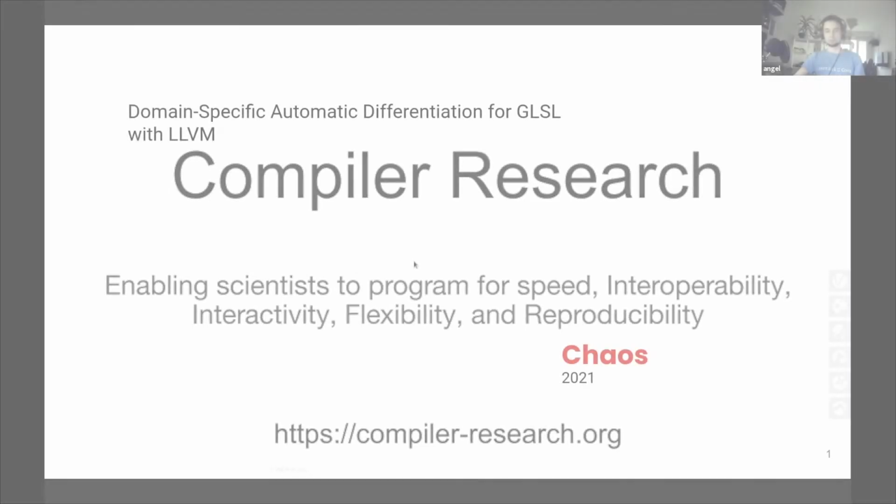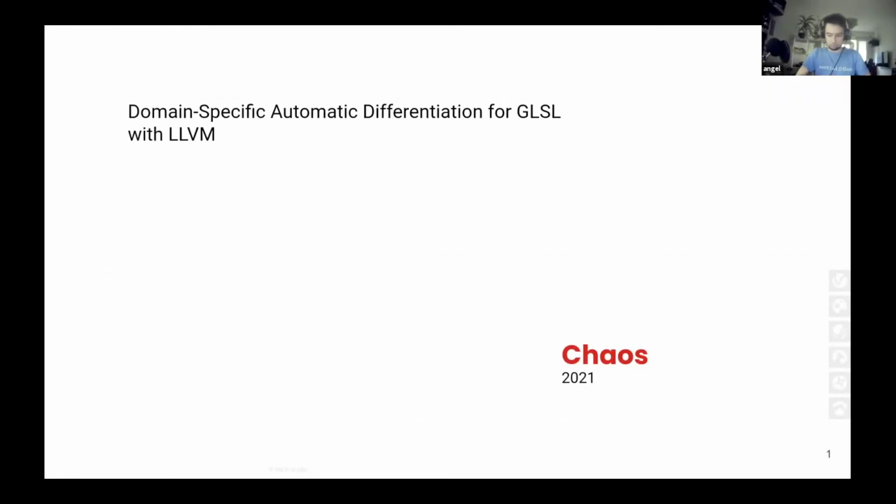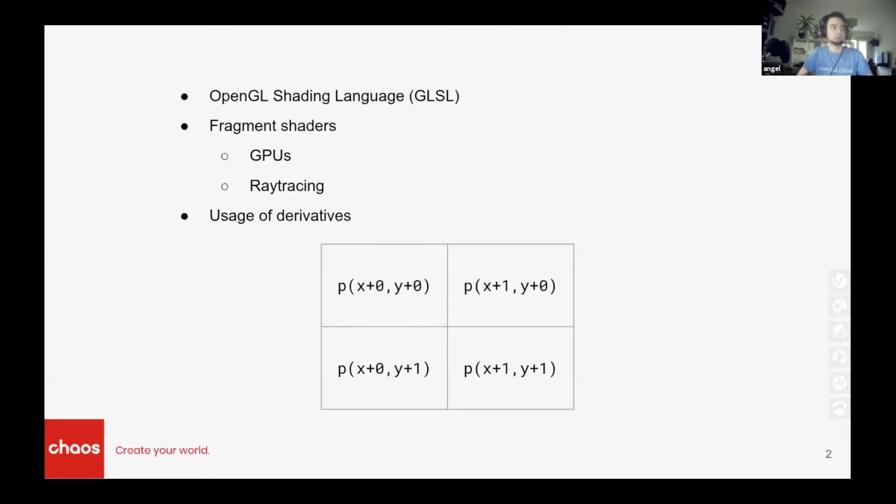And so I'm going to talk about our implementation of automatic differentiation for GLSL. So first, a few words about GLSL itself. Most of you are probably already familiar with the language. It's usually used in frameworks like OpenGL to compute textures and generally fragment information while doing the shading pass. We also use it in ray tracing, but instead of